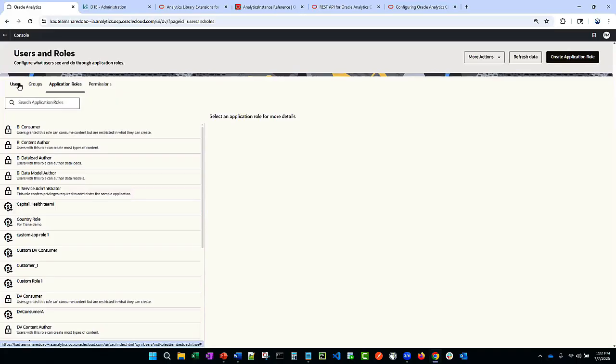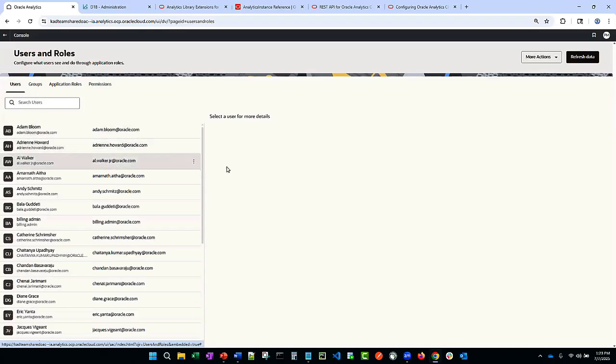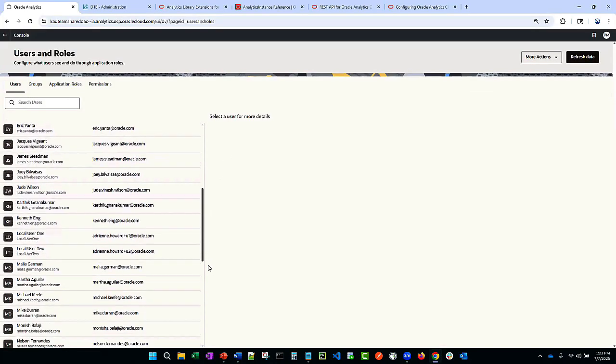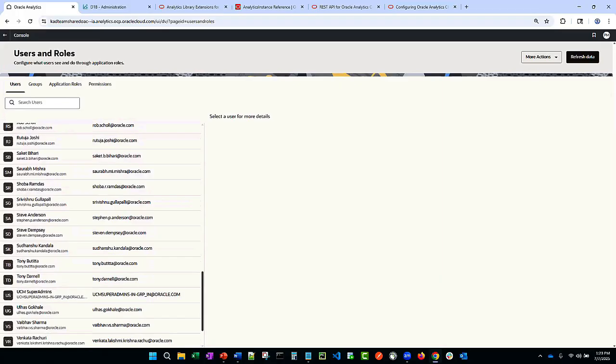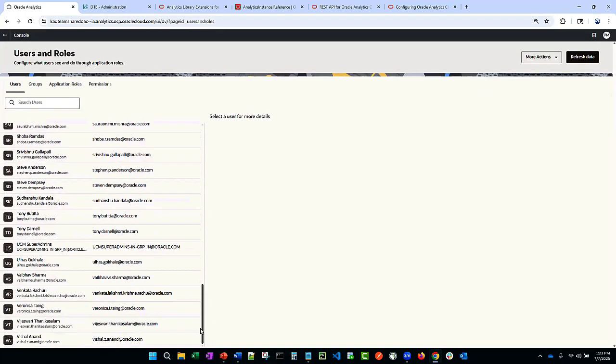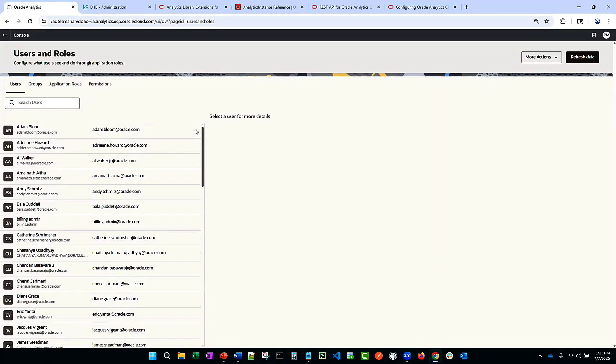You don't add users to OAC, meaning you don't come into OAC and say, I'm going to create a new user. All users are coming from OCI, or Oracle Cloud Infrastructure's identity provider, right? So users are really added at a much higher level with OCI, and they flow into the platform. So for example, if I click users, just because I see a user's name here doesn't mean they have access to OAC. And I get that from a lot of people. They're like, well, their name is here. Nope. It just means